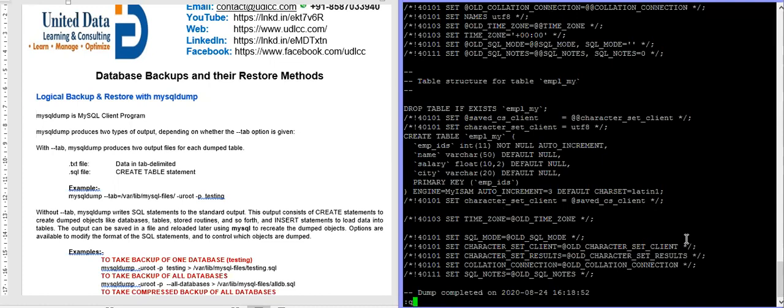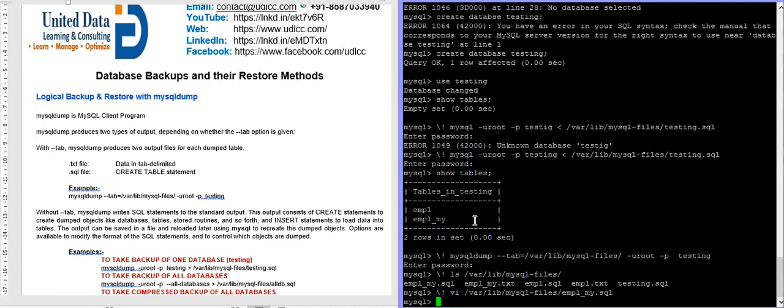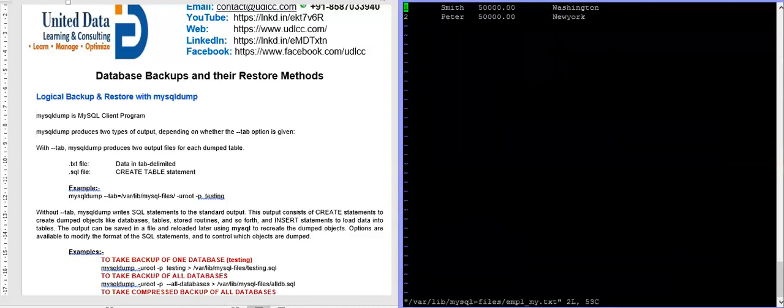Now let's see what's there in the .txt file. The same command with .txt. You can find there are two records, so it has generated two records also.